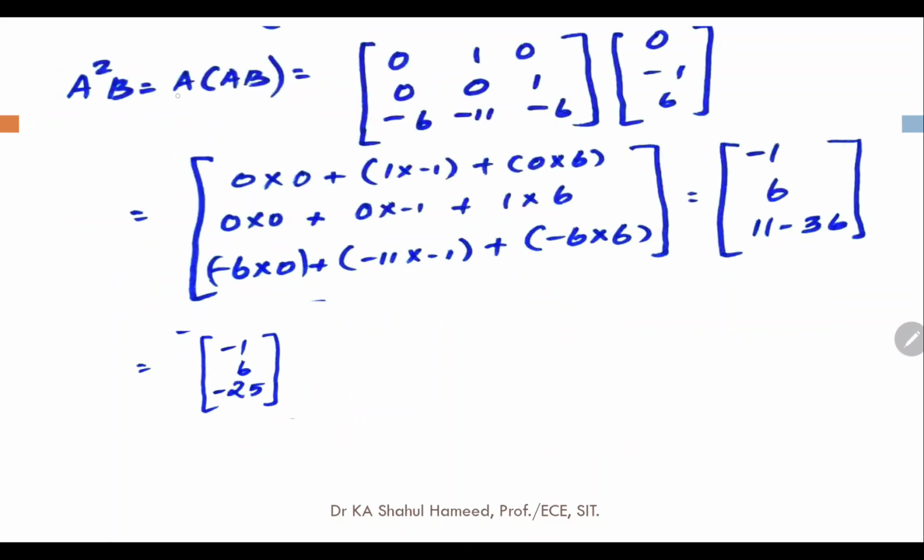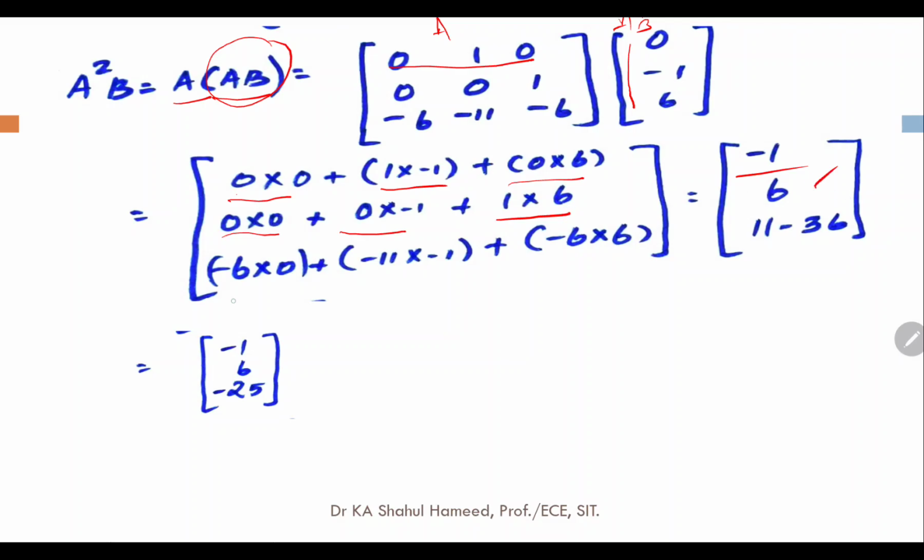A square B we can write as A into AB. AB we have already determined, so if we multiply that value with A, we will get A square B. So this is the A matrix and this is AB. When multiplying row by column, the first is 0 into 0 plus 1 into minus 1 plus 0 into 6, which is equal to minus 1, and then 0 into 0 plus 0 into minus 1 plus 1 into 6,